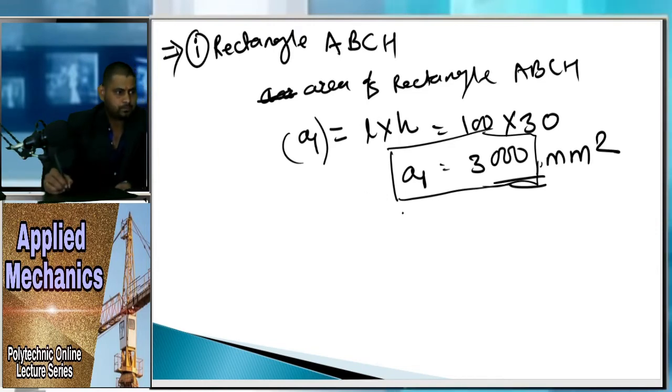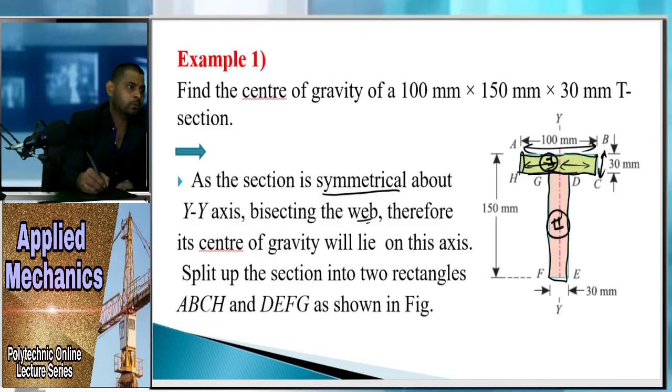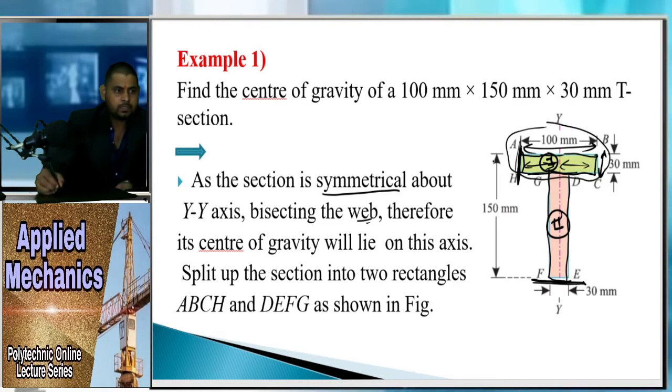So here y1 is equal to, what is the formula of y1? We have discussed this. As I told you, when we are considering the x-axis, we have to take the left portion, and when we are taking the y-axis, we have to take the bottom side. But we are discussing this right now. So this total is 150 minus this portion, so we have to take 150 minus this rectangle.